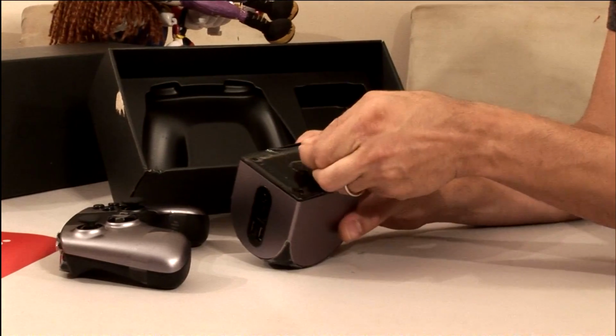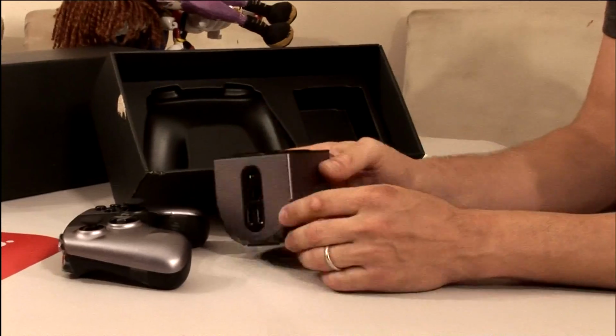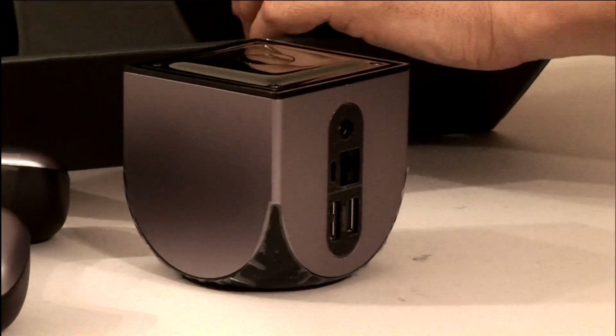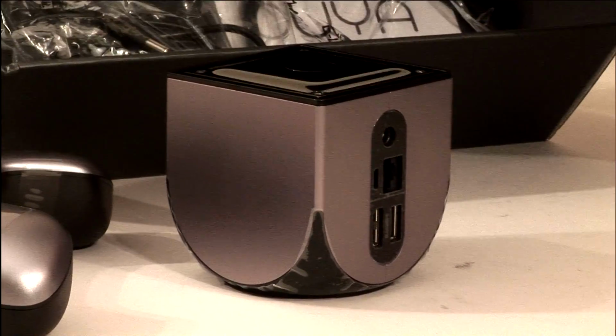So, I have to say, I'm a little taken aback by the design. The industrial design here is definitely pretty cool. And if this unit performs and does things as well as any Xbox 360, I know it's going to be the developers. And one thing about shipping a console app is,